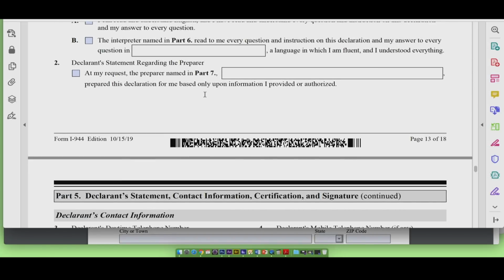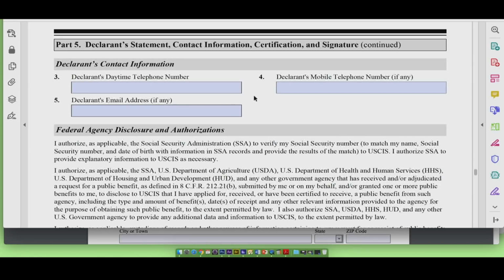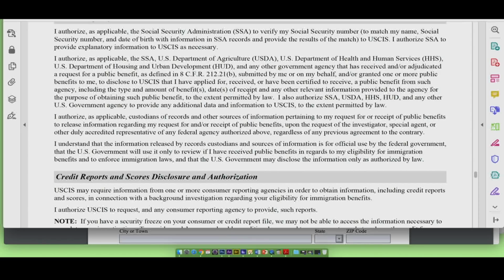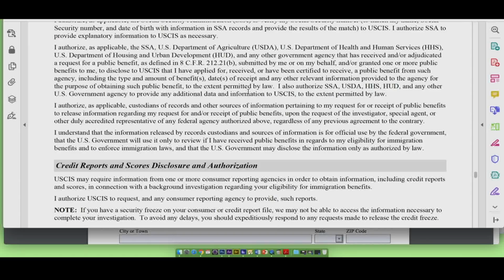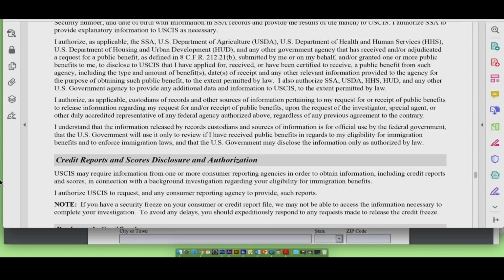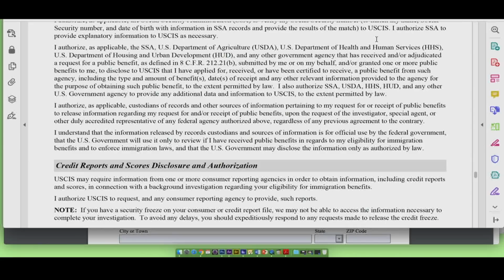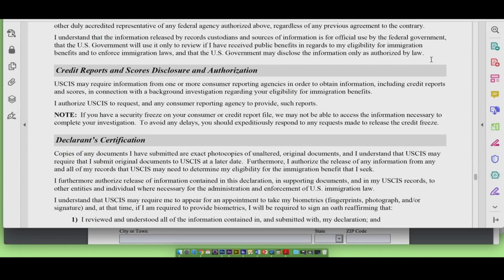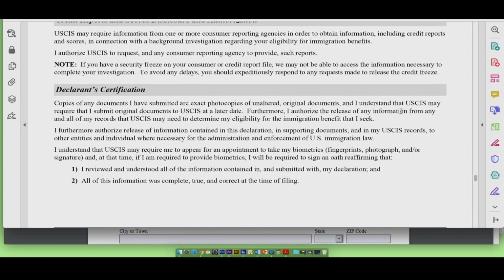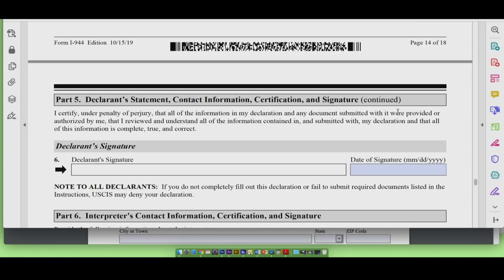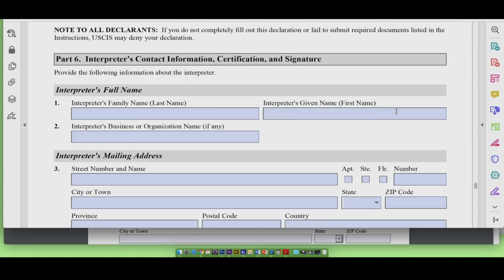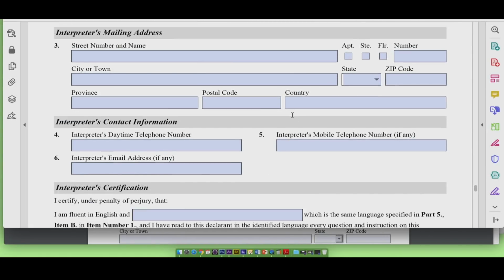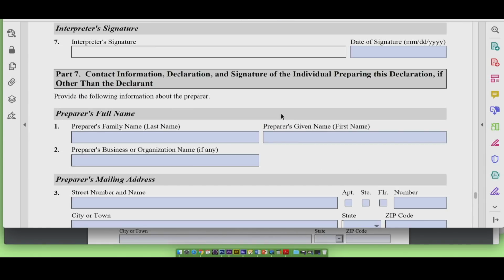You're going to sign this, and this is a document that can get you into trouble. This is a legal document, so you want to make sure that all of the information that you provide is as truthful as possible, and that you know what you're signing when you sign it. Once you sign this, your interpreter is also going to sign it, and the person who helped you prepare the form will also sign this. And that's pretty much the